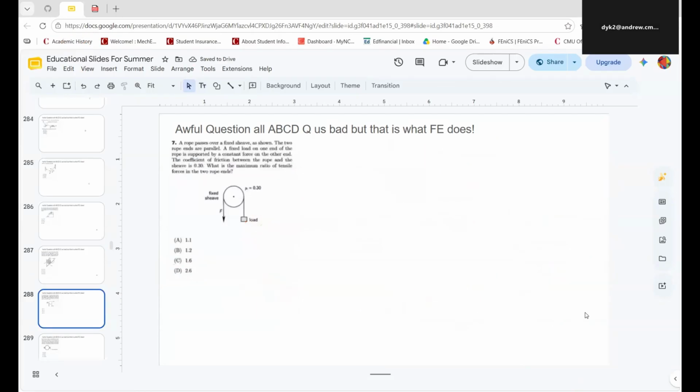Next one over here, we have a rope passing over a fixed sheave as shown. The two rope ends are parallel. A fixed load on one end of the rope is supported by a constant force on the other side, and the coefficient of friction between the rope and the sheave is 0.3. What is the maximum ratio of the tensile force of the rope? Okay, so